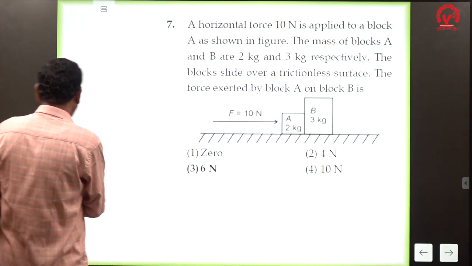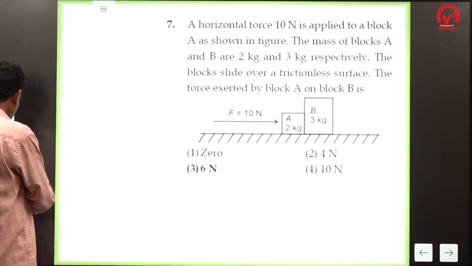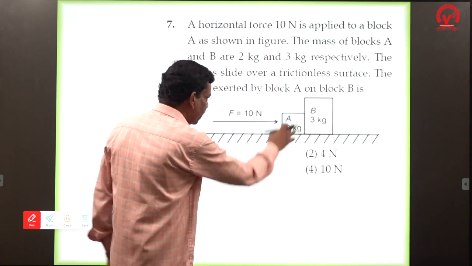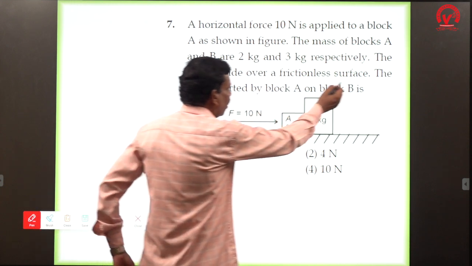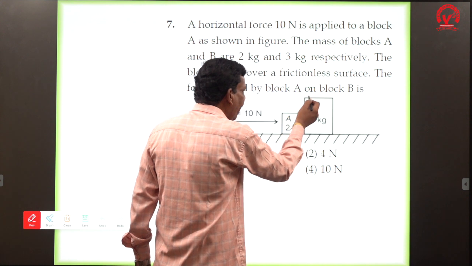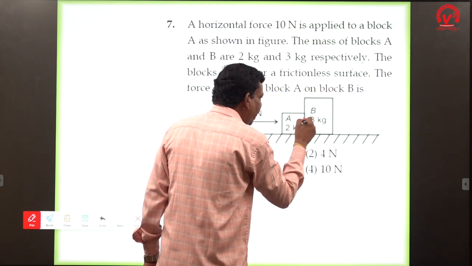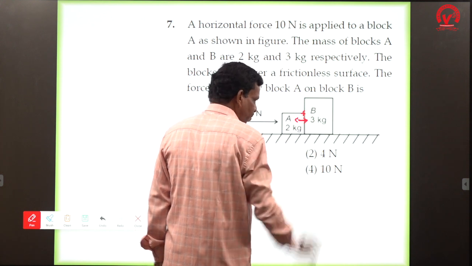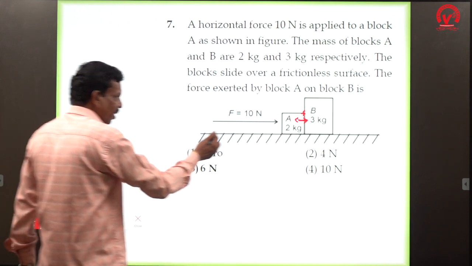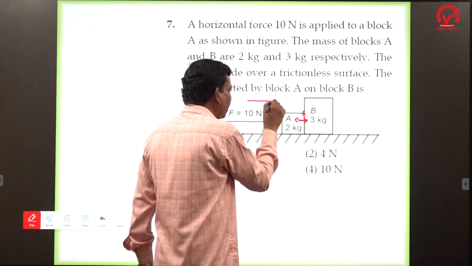Okay, question number 7. We have the given system. A is 2 kg and B is 3 kg. They ask, on a frictionless surface, the force exerted by block A on block B. So we take this force as F. Here first we have to find out the acceleration. So force is on A. Now acceleration also